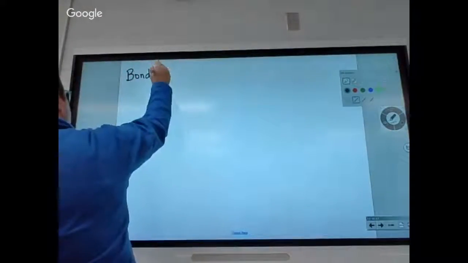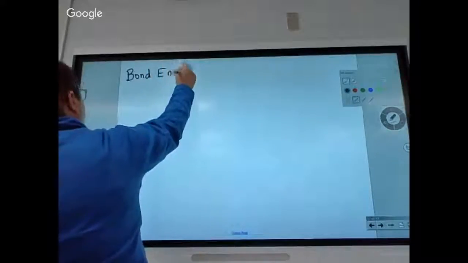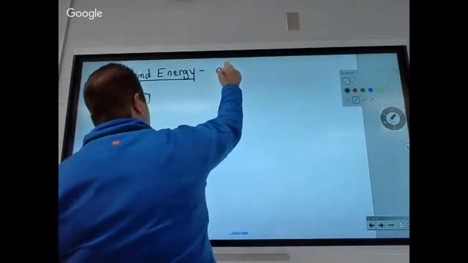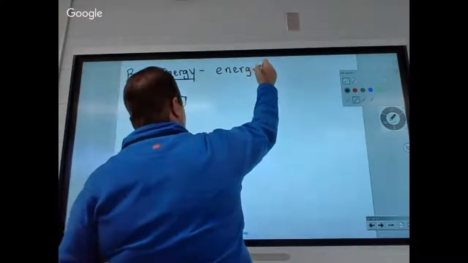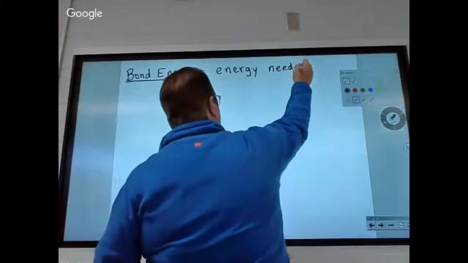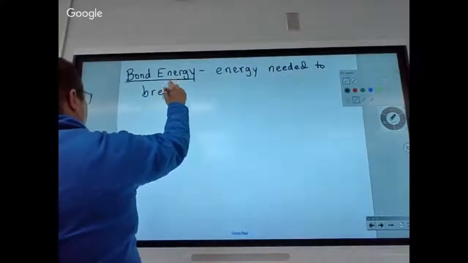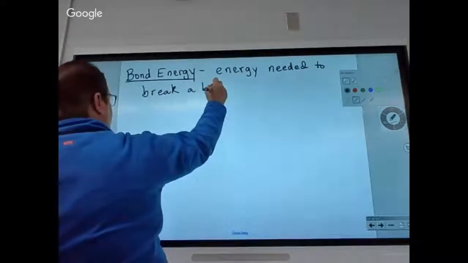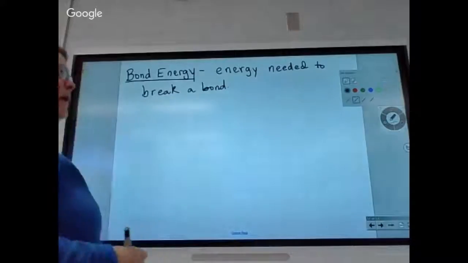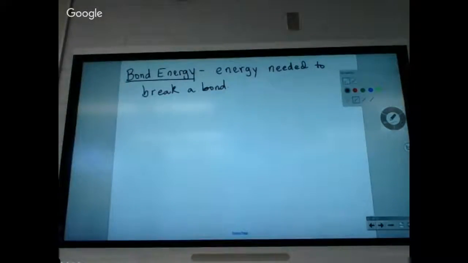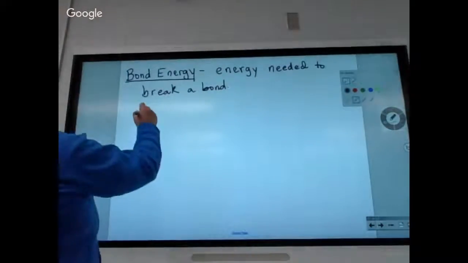Let's do bond energy. It's shorter. All right, bond energy is the energy needed to break a bond. How big is the section? Not very big. I can probably do bond energy on 5 lines. I'll say bond length for Monday. All right, so